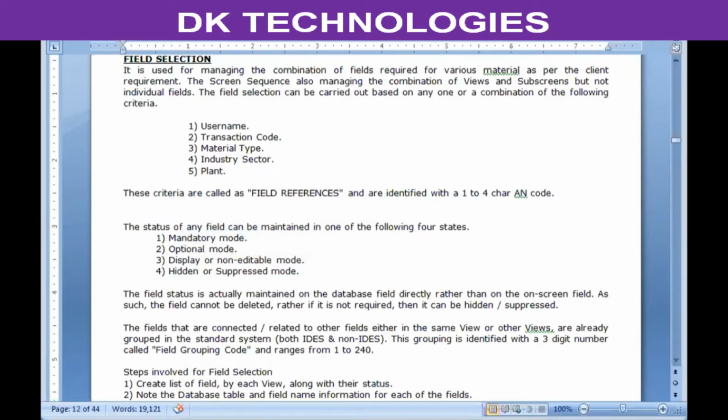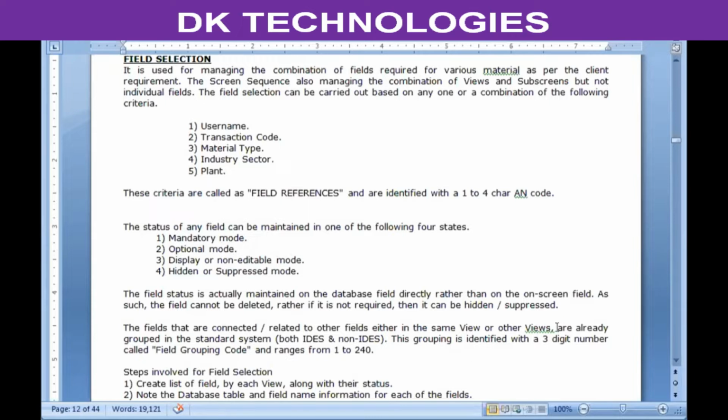Now, there are certain fields within the material master which are connected or related to other fields. All these fields that are connected or related to other fields, either in the same view or other views, are already grouped in the standard system, that is both the IDS and non-IDS systems.